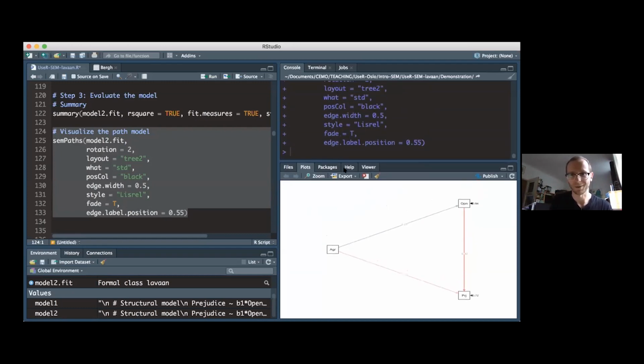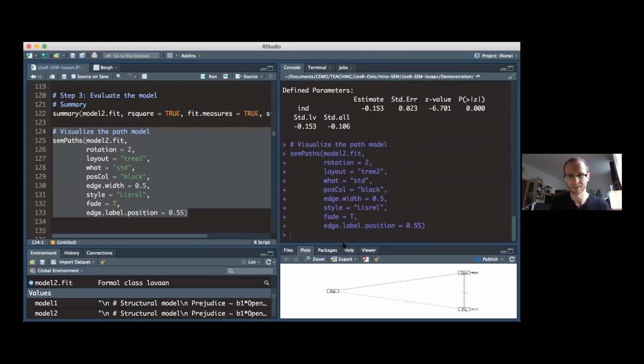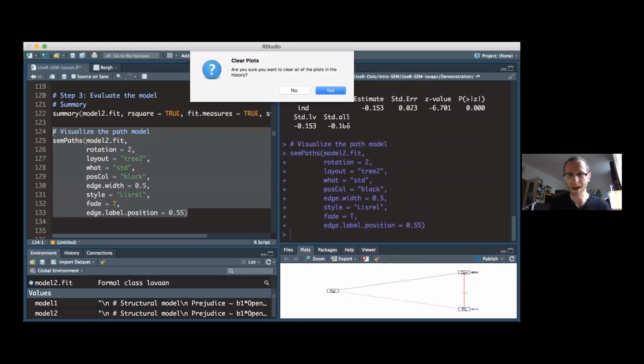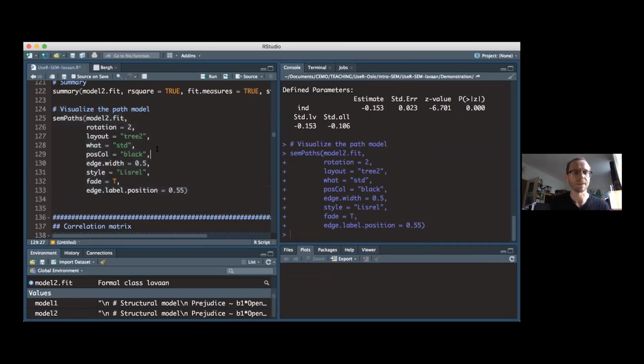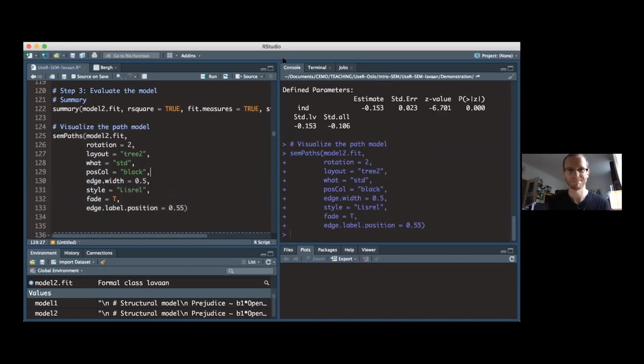Okay, all right. So I'm going to delete that now. There will be a couple more representations later on. Okay. So I'm going back to